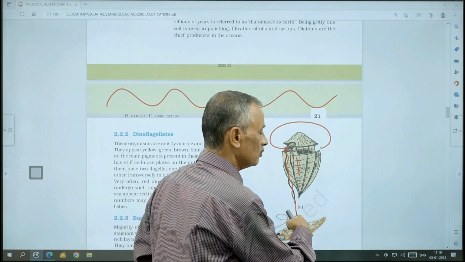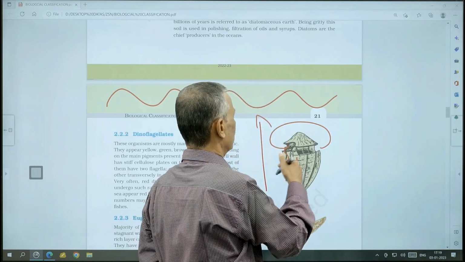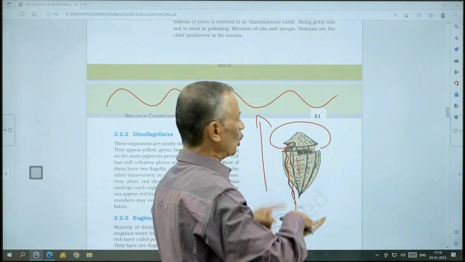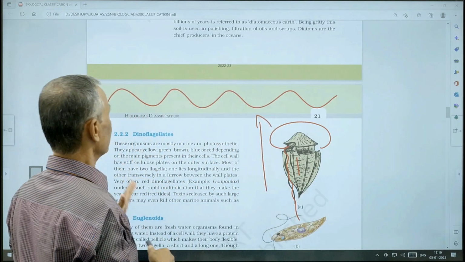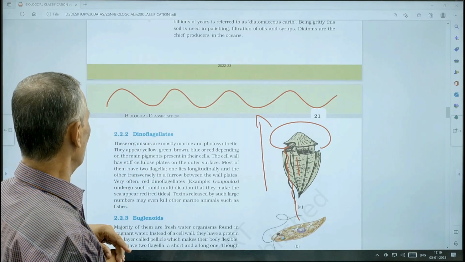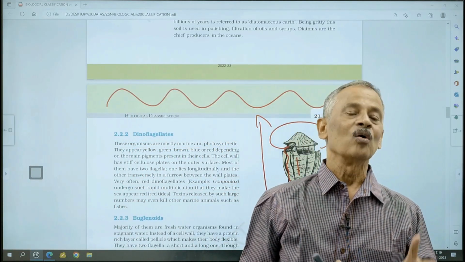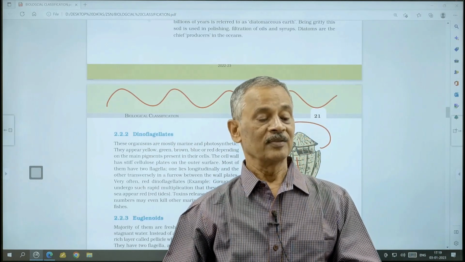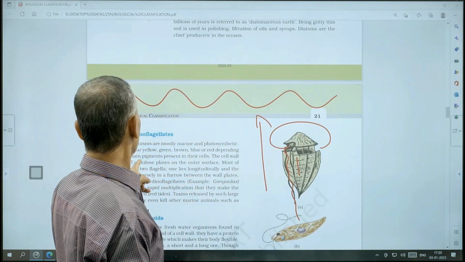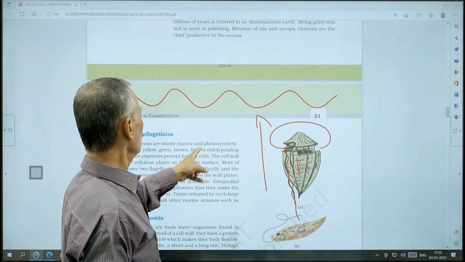When this flagellum, that is called the trailing flagellum, is vibrating, the animal moves forward. When the transverse flagellum vibrates, the organism goes on spinning. So, because of this, you are having a characteristic shape, a characteristic movement. That's why they are called dinoflagellates. So, they are also having a cell wall. Number two, they are also photoautotrophic. They will be having different colors for their pigments. So, depending upon the nature, they may be having green, yellow, brown, blue or red